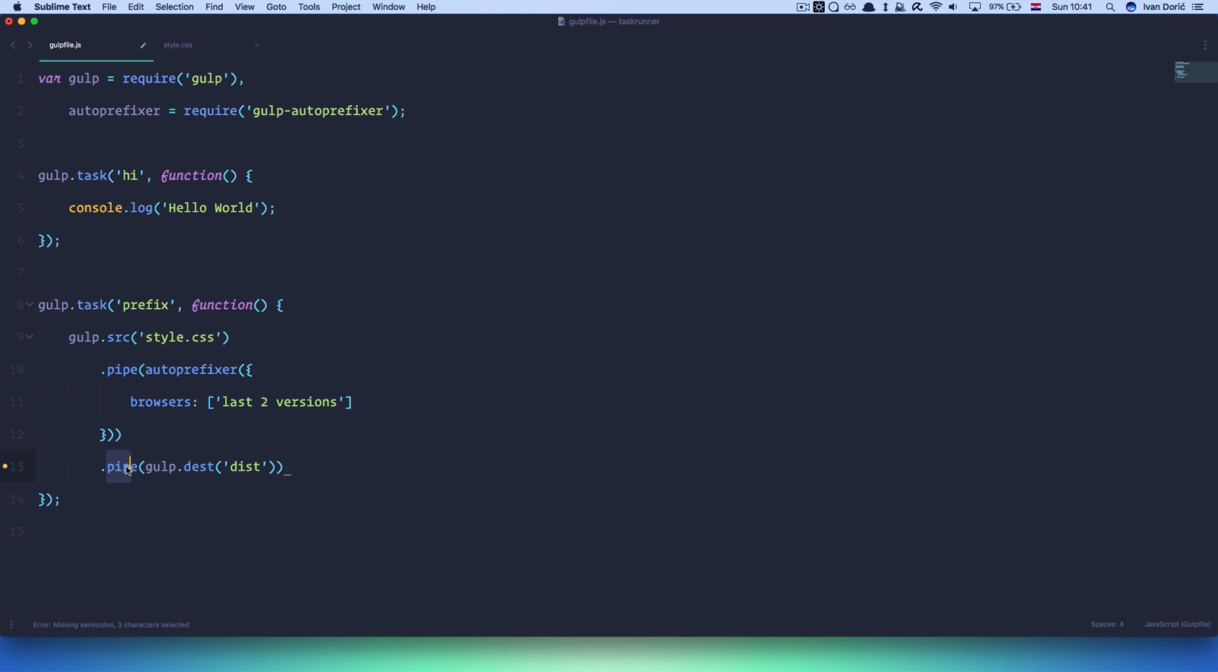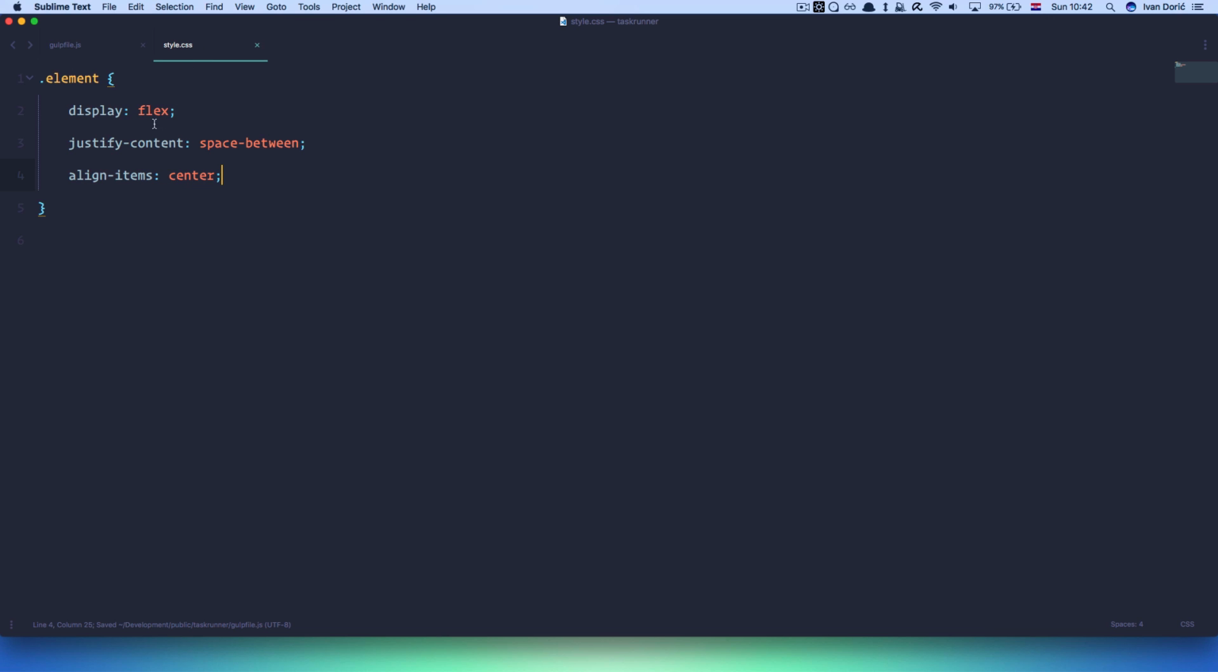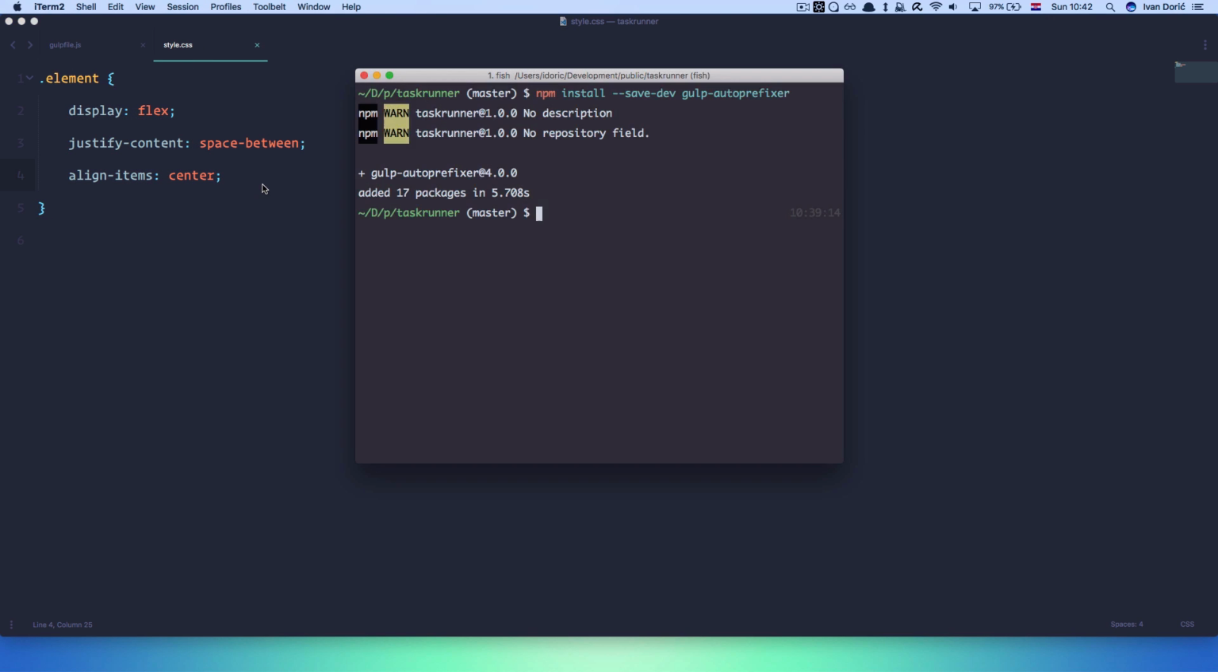And then we do pipe gulp.dest. So we have here this src, and now right here we have gulp.dest, and it's going to put our compiled CSS file, so the auto-prefixed CSS file, into this dist folder. Okay, so to do that, I'm just going to put a semicolon right here, and actually our task should be done. Now we have this file right here, style.css. Remember how it looks. Okay, let's run this task. So gulp prefix,